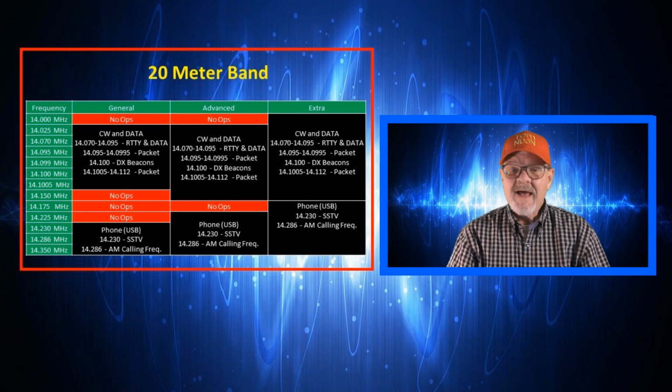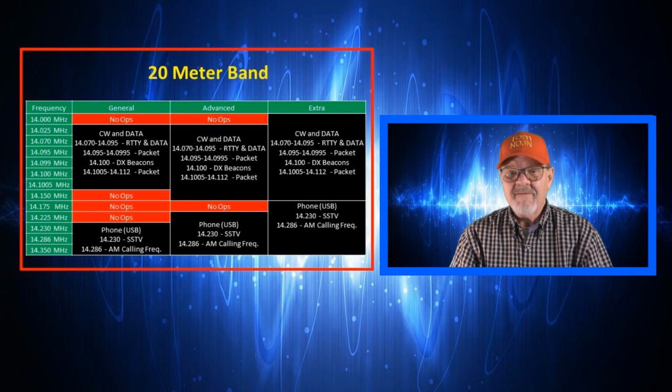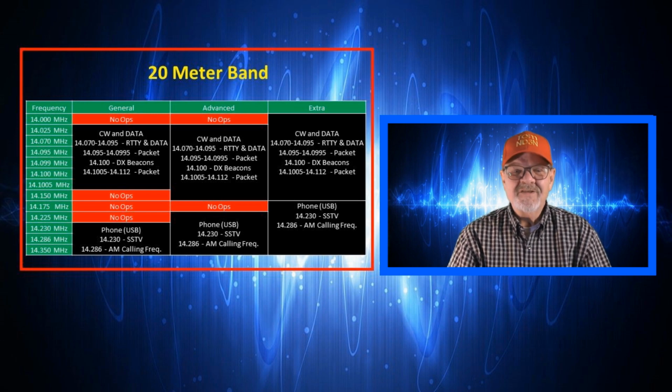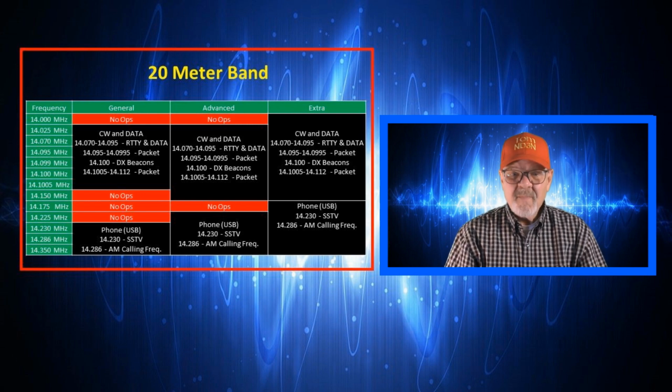Extra class operators have CW privileges from 14.0 to 14.025, CW and data privileges from 14.025 to 14.150, and phone privileges from 14.150 to 14.350 megahertz. Within these license-based subbands,